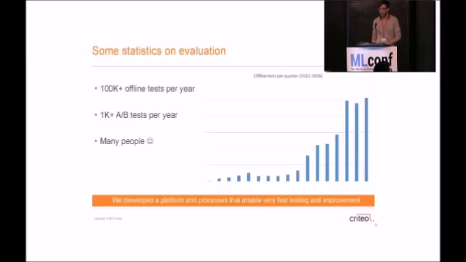Then some statistics. We run many offline tests every year, more than 100K, sorry, offline tests per year, and many A/B tests also. But we cannot run as many A/B tests as offline tests. So it's really important that we get good offline metrics, and many people are involved in this. And we've developed